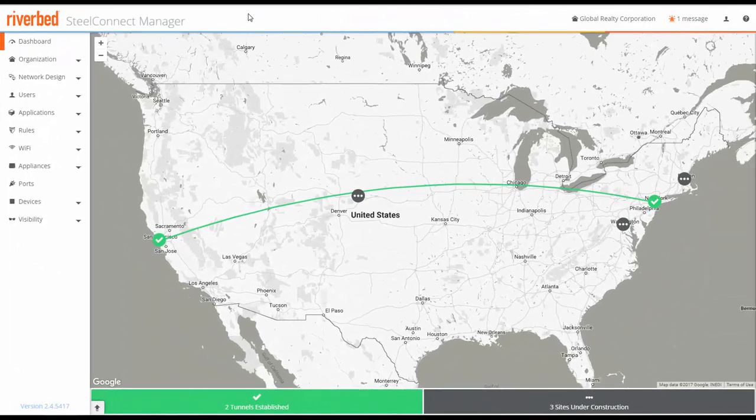To get started, you first need to launch SteelConnect Manager. In the top pick is Dashboard, which is what we're looking at. And here we can see Global Realty Corporation and the links it has already configured. So we have headquarters in San Francisco, a link over to New York City. So here we can see 2 tunnels have been established and 3 are under construction, which are Sydney, Bethesda, and